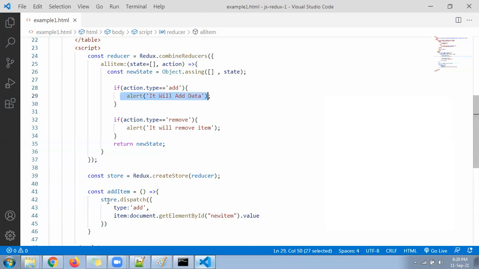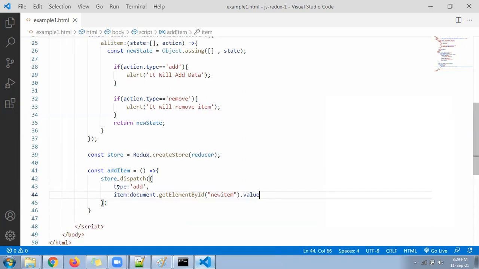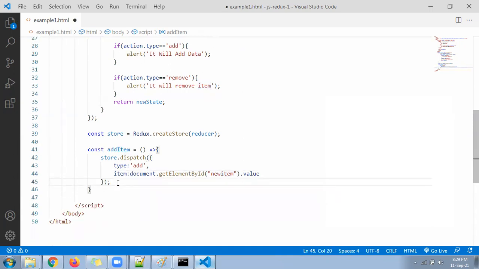So we say store dot dispatch. What? Type as add an item. Item in the sense what? What you want to add. So take the value from the text box. Take the value from the text box. And finally, after that,